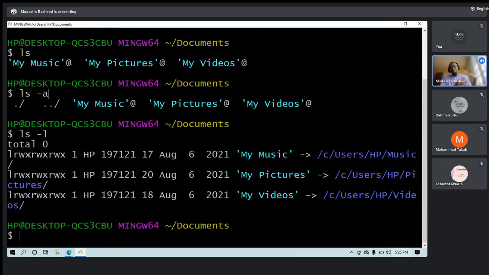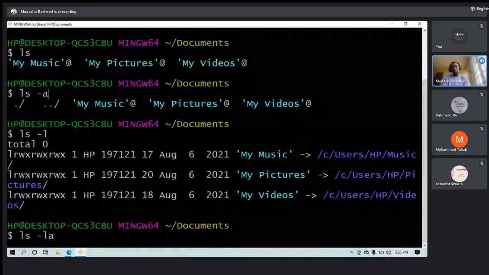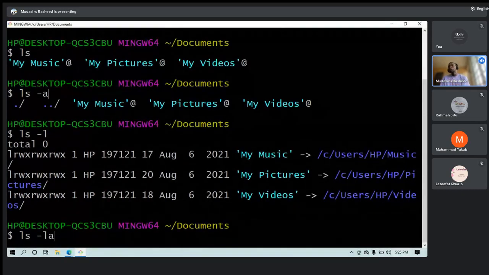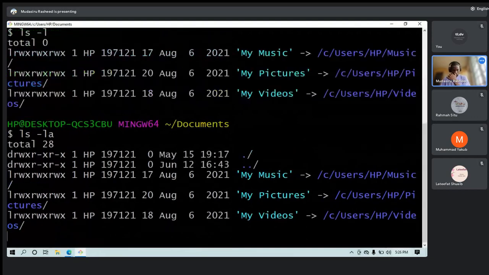But then when we try to learn them abstractly for now, when we move on, at the end of the day, we'll get to know that this is what this one means, this is what that one means. Let me use this one to view the ones that are hidden still. I use ls -la. The hidden A will give us the hidden files, and that L will give us what permissions we have on them.